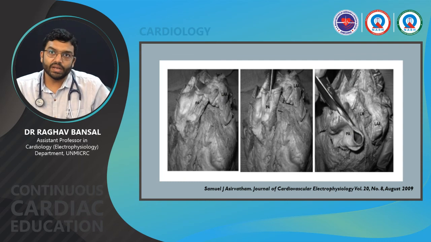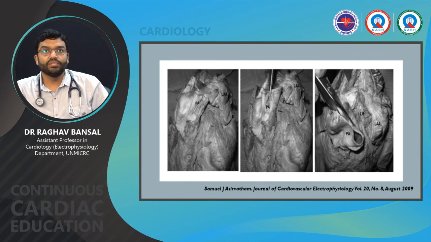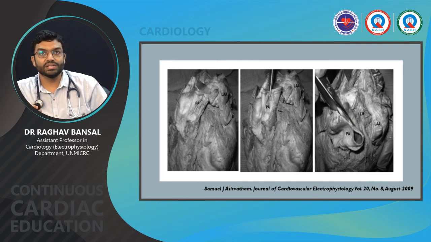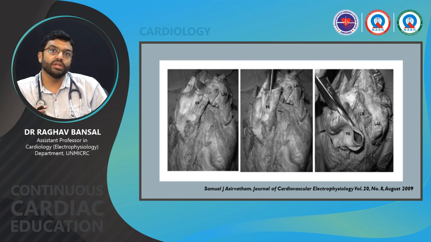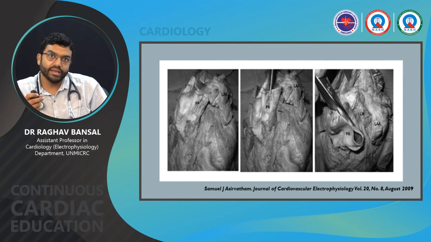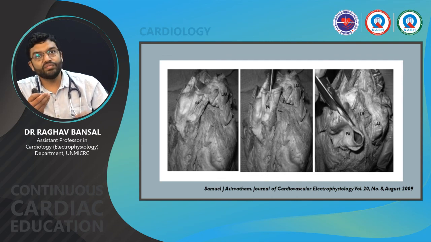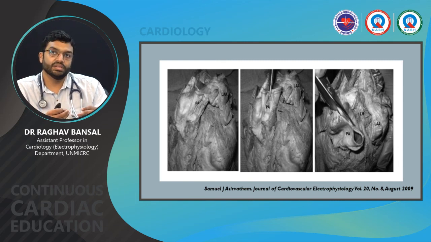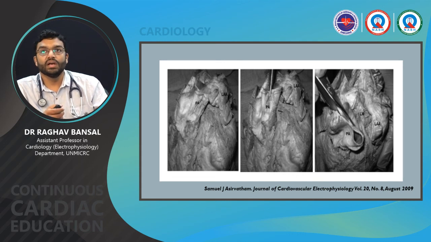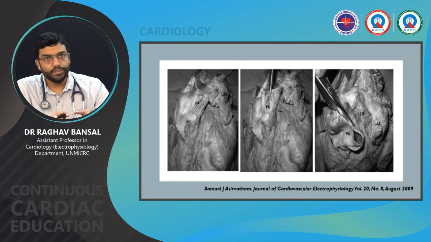This is another anatomical dissection diagram where the heart has been shown to understand how the RVOT wraps around the LVOT. On the leftmost figure, there is the left atrial appendage marked as LAA, and the pulmonary artery marked as the PA. The PA is opened, dissected longitudinally, and what we see is that the RVOT giving rise to the pulmonary artery lies in close proximity to the left atrial appendage. Thus, the RV is giving rise to the RVOT, which is moving towards the left and anterior side of the body.